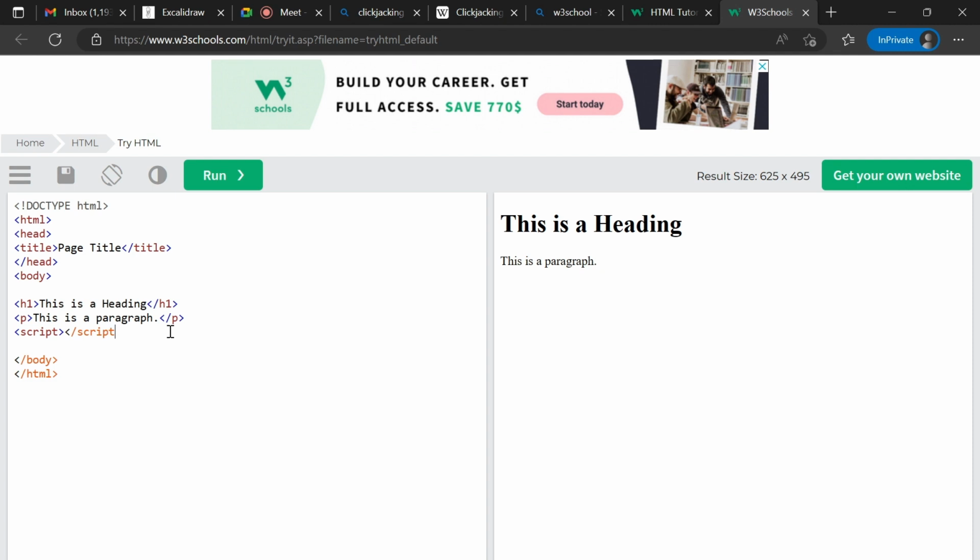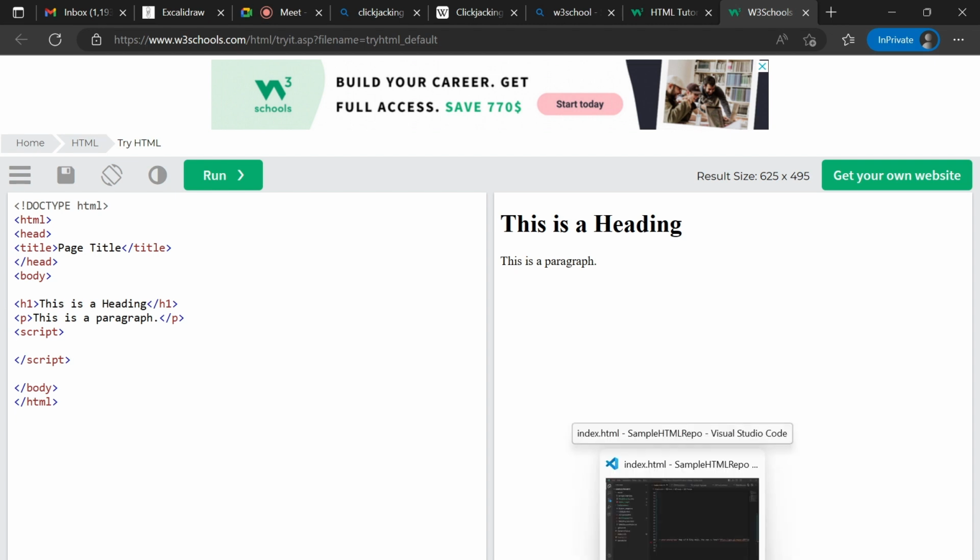They can put in scripts, any JavaScript code, with their links, and using that JavaScript code they can steal your information. So, if we apply an attribute, that is the sandbox attribute.